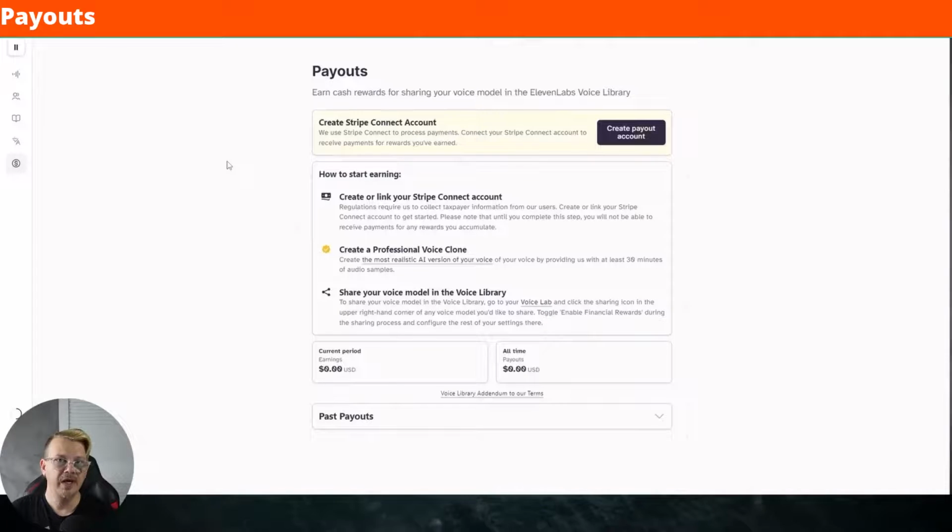The Payouts page in ElevenLabs is where you make sure you have your Stripe account connected, and you can see how much you're earning from your professional voice clone usage. If you have opted to do a professional voice clone, and you've said yes, I want to share it with the community, when you set up and create your professional voice clone, that's when you'll decide whether you want to share it, how much you want to charge, and whether you want to be paid in character credits or cash. And this is the place where you just connect your account if you did cash